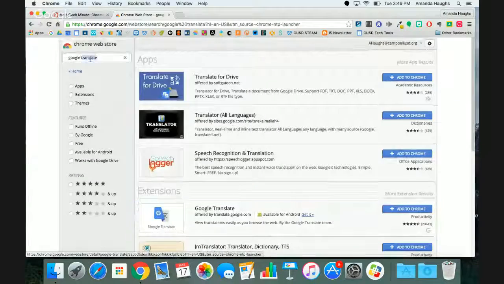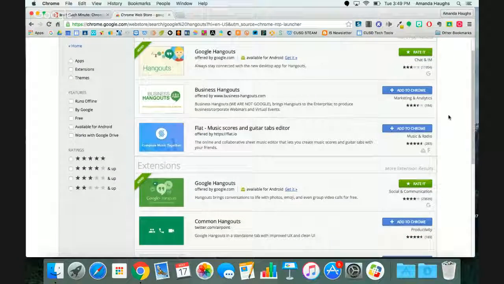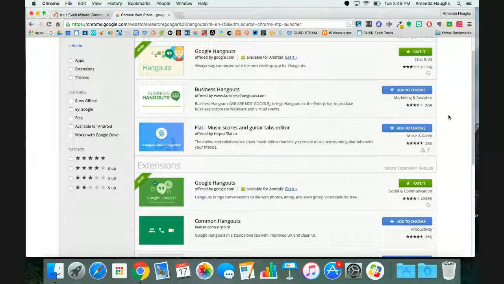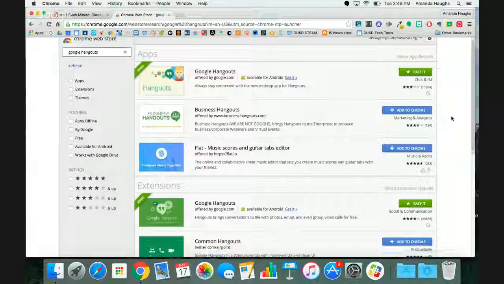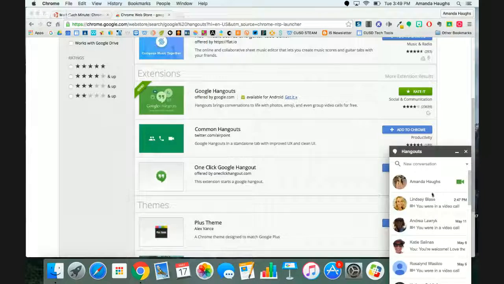And then the other Google extension that I wanted to point out is Google Hangouts. So if you use Google Hangouts, which is how I'm recording this, a Hangout on air, but you can also just do private Google Hangouts just for video chatting with each other. They have an app or they have the extension. And the extension is cool because once I click that, it pops open this little window down here, and I can grab my old